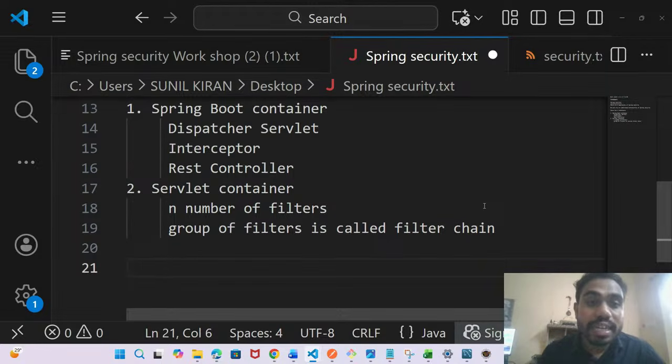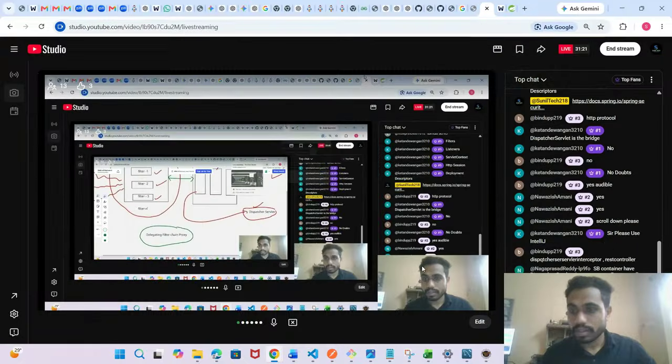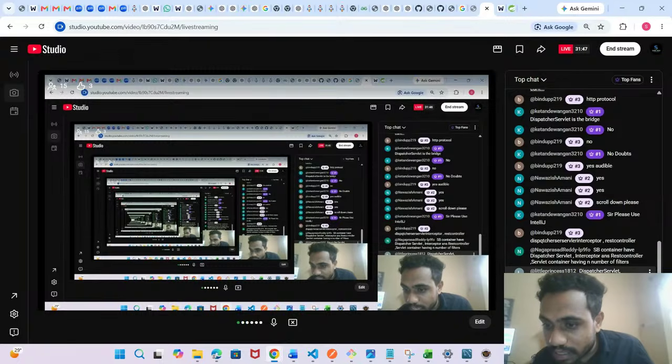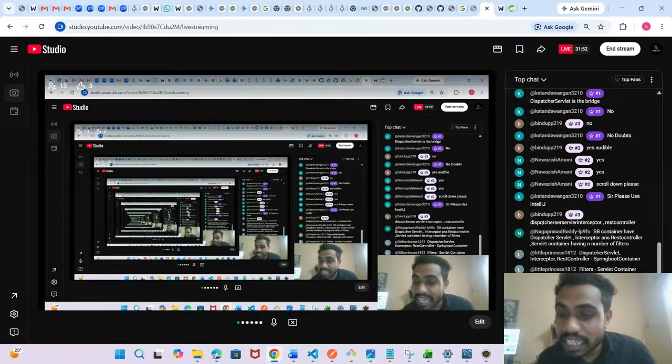There is some intermediator between the servlet container and the Spring Boot container. Can you name it? Anyone in the chat box? Yes, very good, Ketan: delegating filter chain proxy.